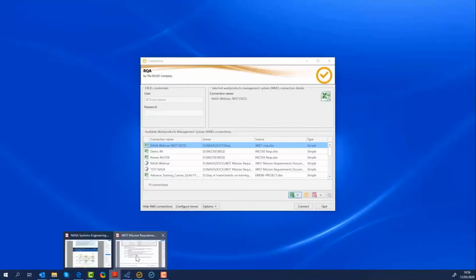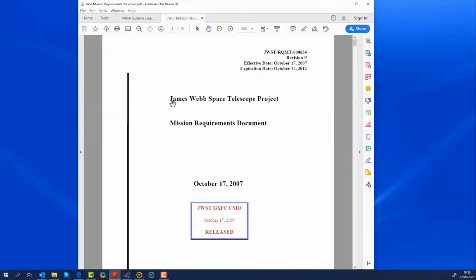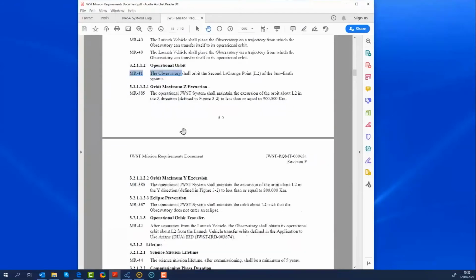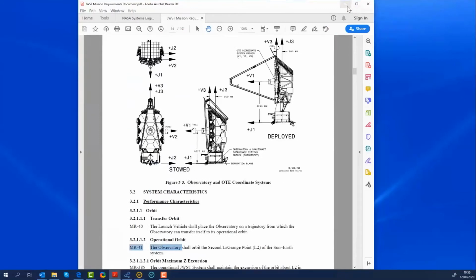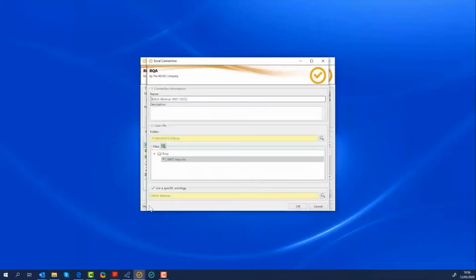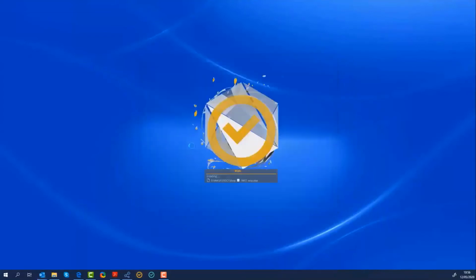Those requirements, as I mentioned, were taken from this James Webb Telescope project. This is the public document from NASA. And here you can see that they are clearly defined with a unique code, those requirements. So we have extracted using a parser tool those sentences to an Excel file to be connected with our ontology library in the ArcWay tool. This is the file and this is the library. So we open the connection and the ArcWay has these